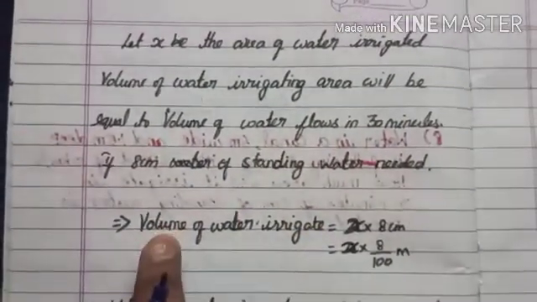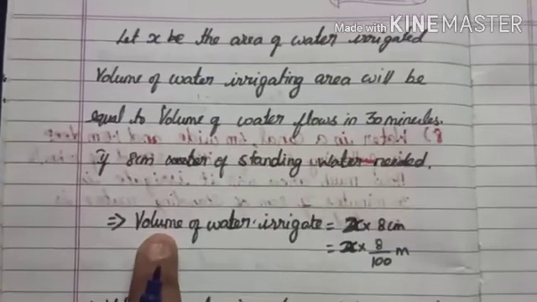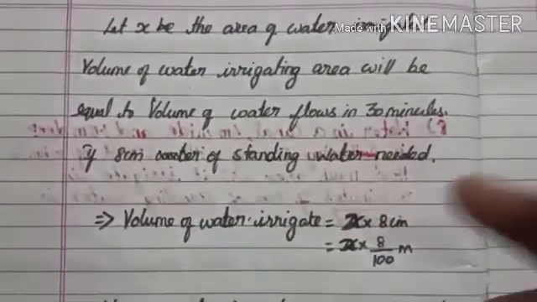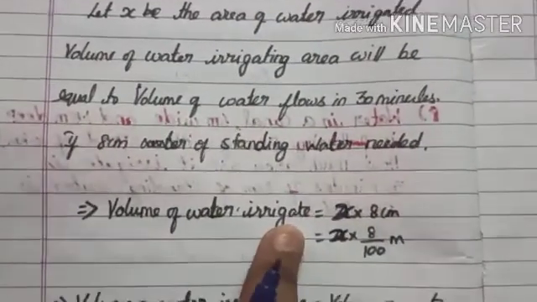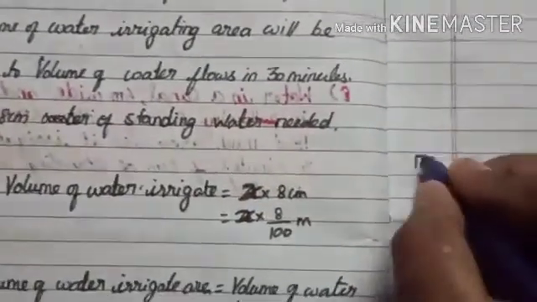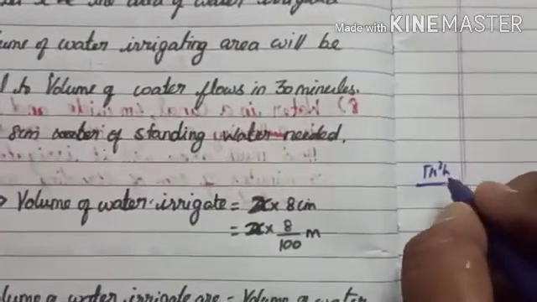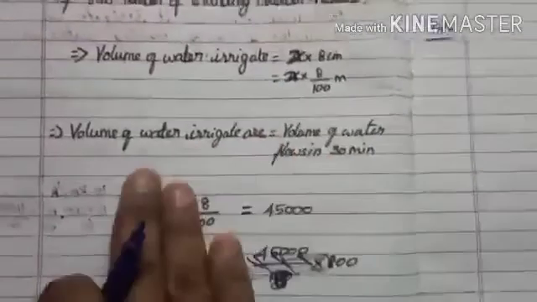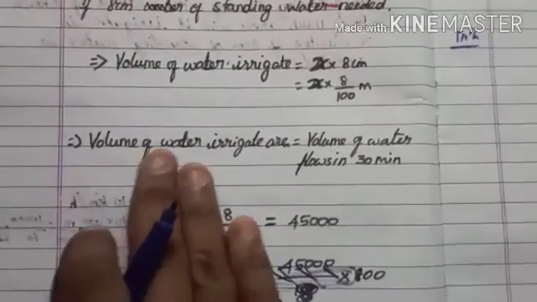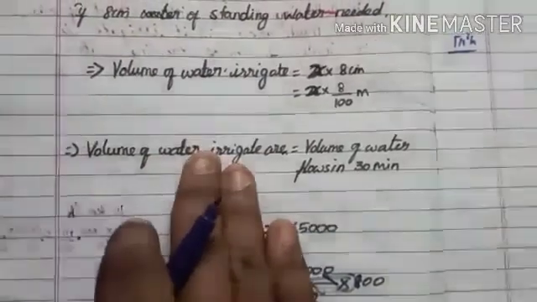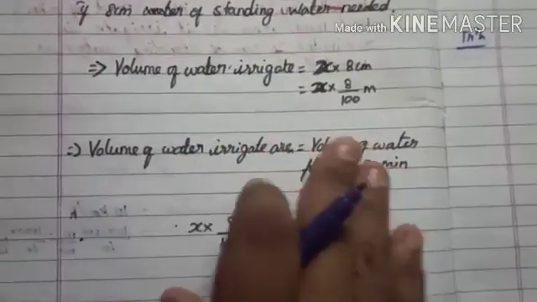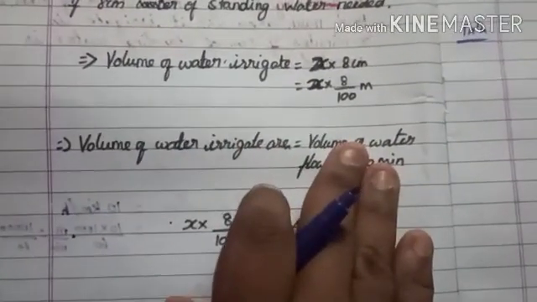Here in question number 9, you need to find the volume of the cylindrical tank, because you need to empty the cylindrical tank. The volume of a cylindrical tank, you know, by using the formula pi r square h, you can find the volume of a cylinder, and you compare like this. The volume of water that flows in T minutes is equal to the volume of water in the cylinder. By dividing you get the minutes.